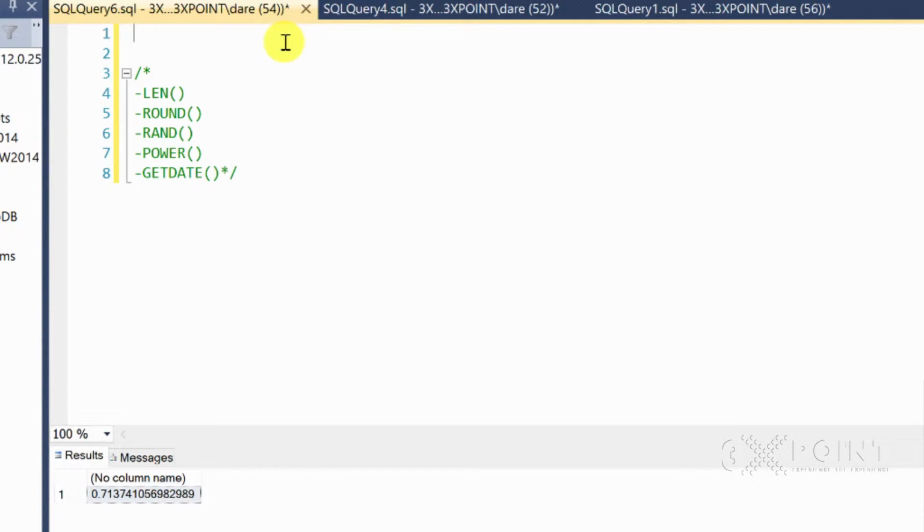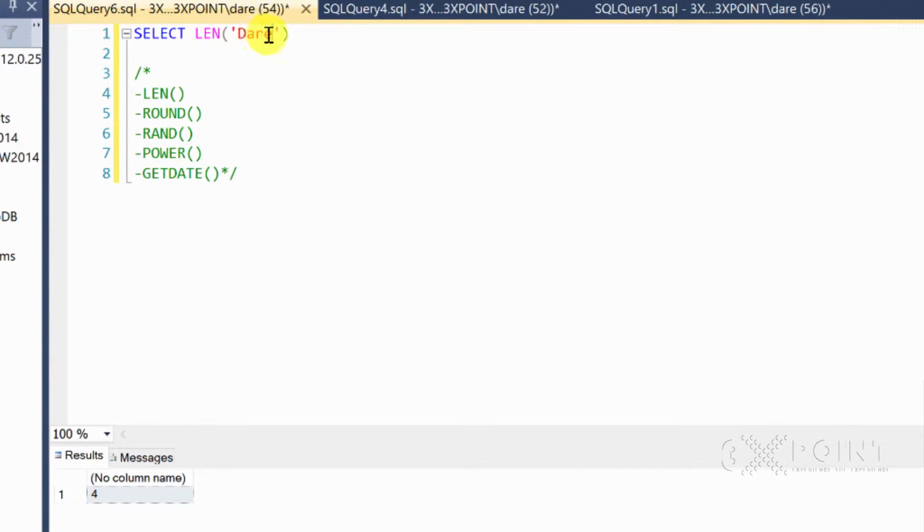Right. So if we did something like this, select len, and I specify my name in it, and if I run this, you can see that it returns 4. And what that means is, len means length, right? So it returns the length of the characters inside the value or whatever I pass into